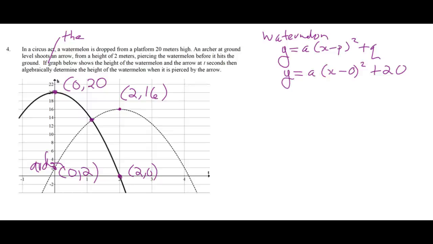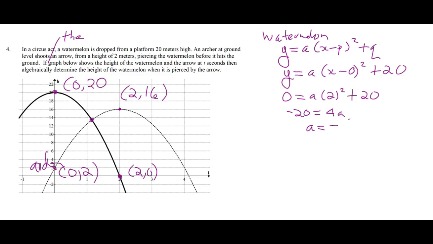So we take a point on the watermelon graph, which is at (2, 0). So we substitute: 0 is equal to A times 2 squared plus 20. What is the sign of A? We know it's negative, right? Okay, good, because we're about to get a negative. So negative 20 is equal to 4A, and A is equal to